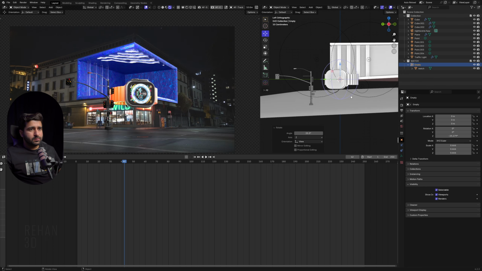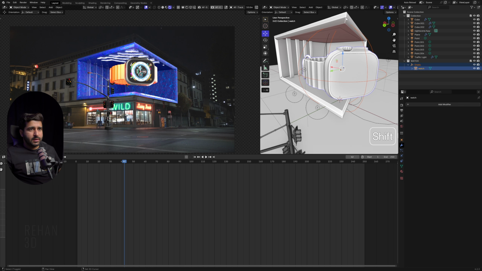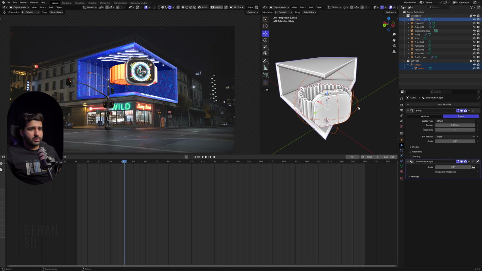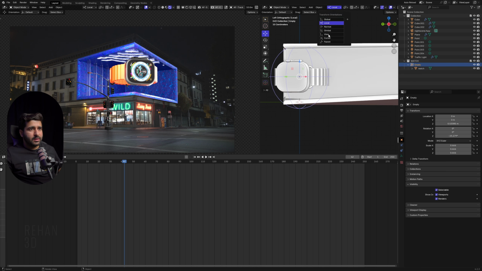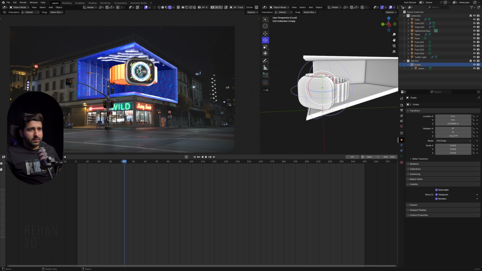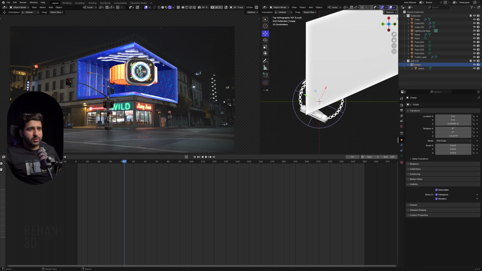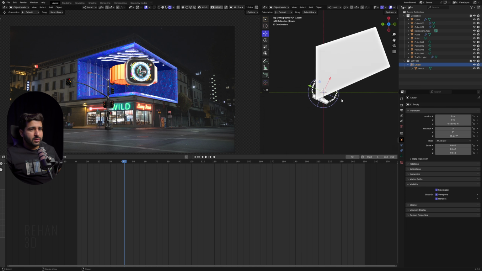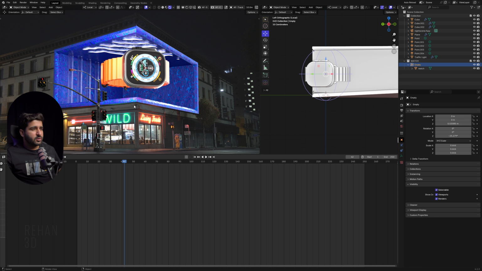So again guys, select this building block and go into the isolation mode so we can do it better. So switch between global and local to get the orientation in your view. You can see if we want to get the gizmos, it is aligning with our world, not with our object. So let's select local, so it will work with your object orientation. So this is handy in animations. You can see this is looking so much better.